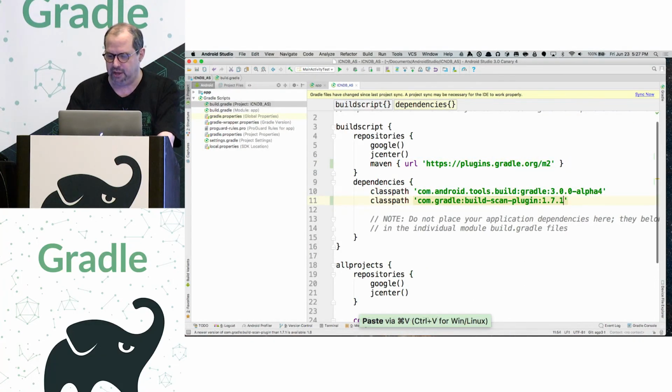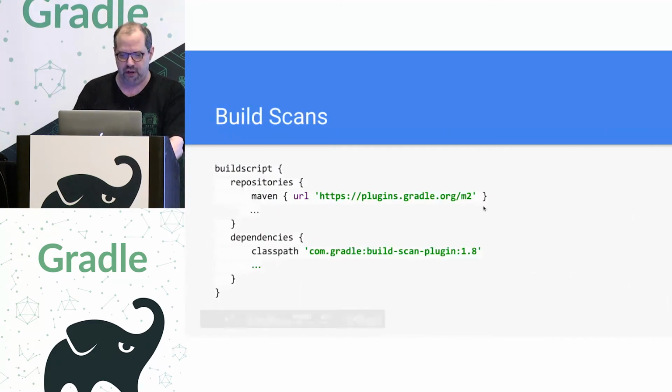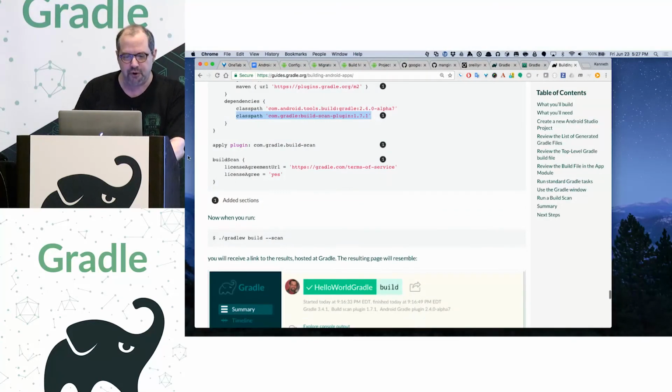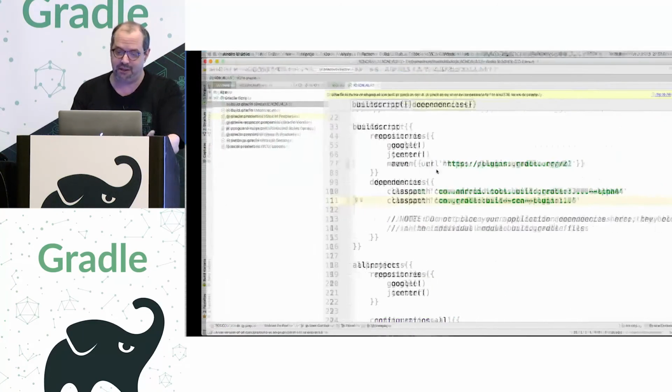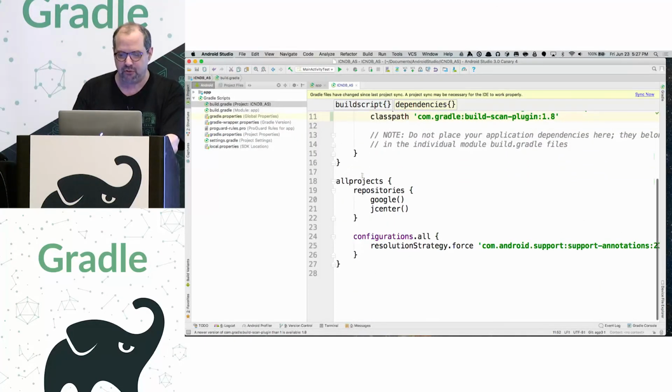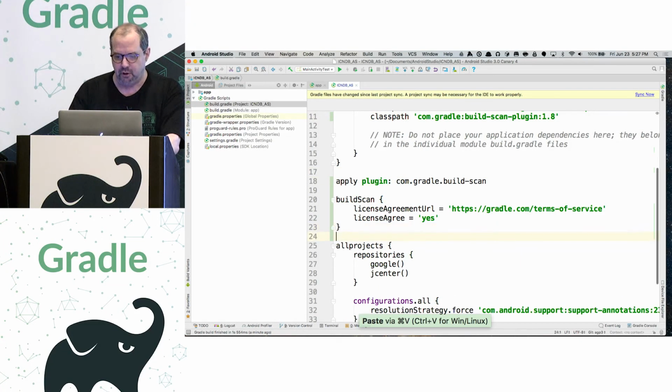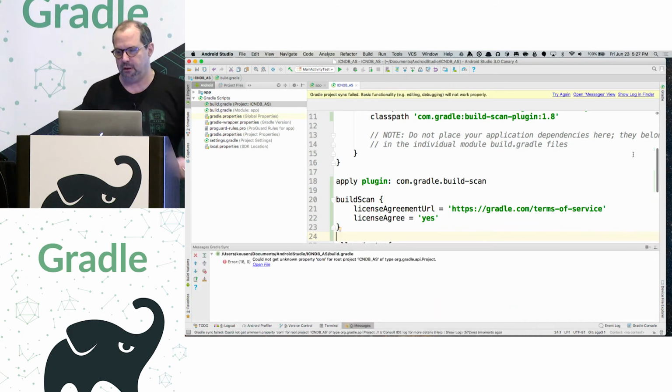And by the way, that's now up to 1.8. You know, it always shows you when there's a change in the version numbers. And then finally, you have to apply it and then actually sign the license agreement, which I'll do right here. So this applies the build scan plugin, and this refers to the license agreement with the